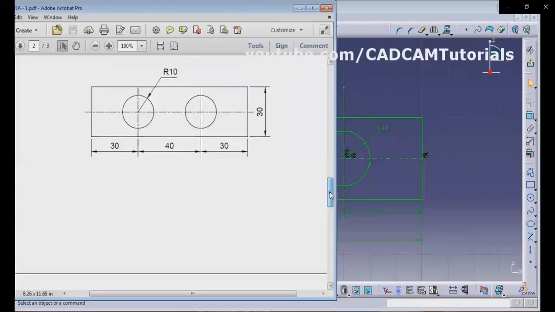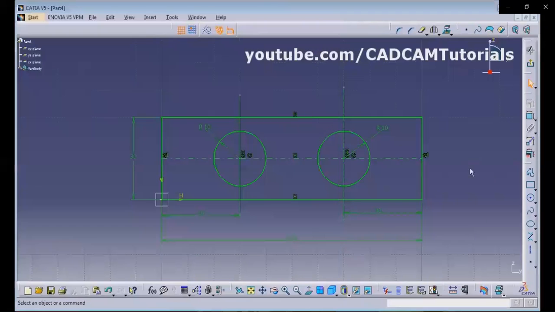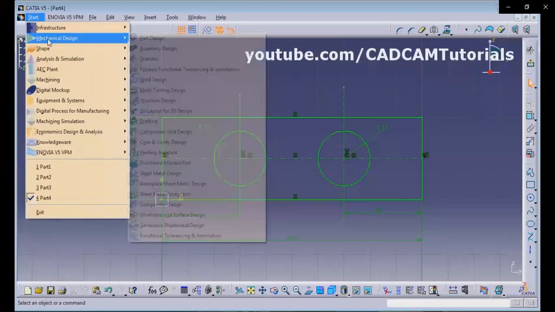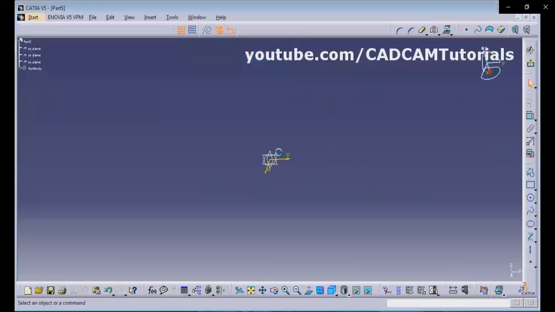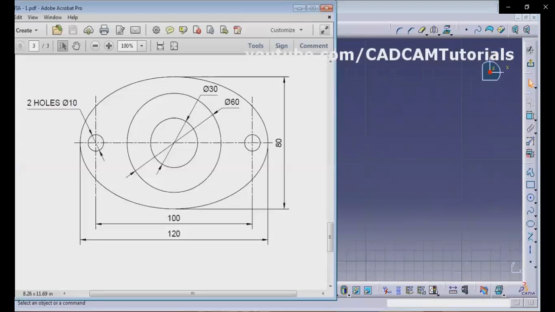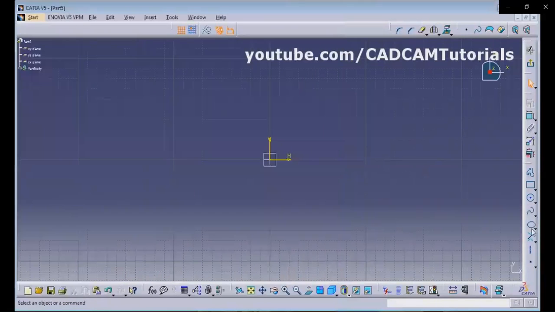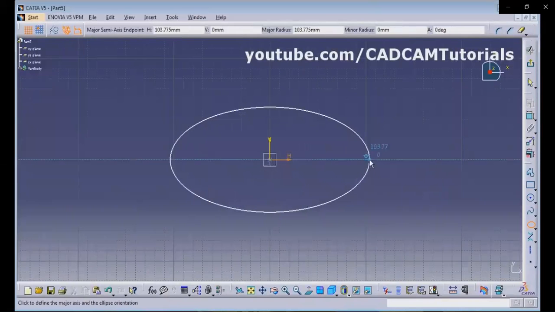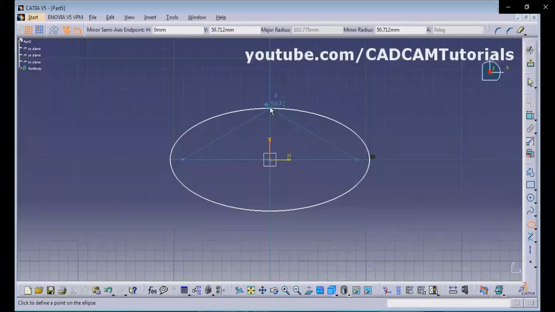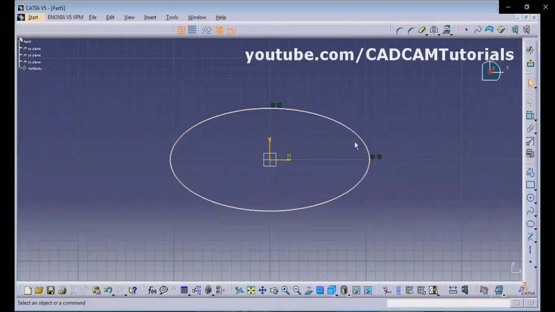Then next is this object with ellipse. So again start mechanical design sketcher. Okay, then click on horizontal. So in this, at first we will create these two axes, or we can directly create the ellipse. So take the ellipse, give the center point, go horizontal, click there, go vertical, click at the center. Then to give the dimension, click on constraint,